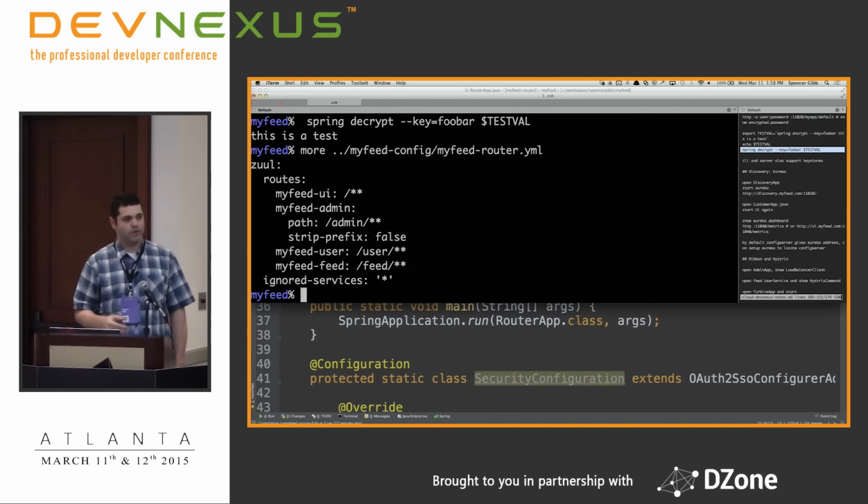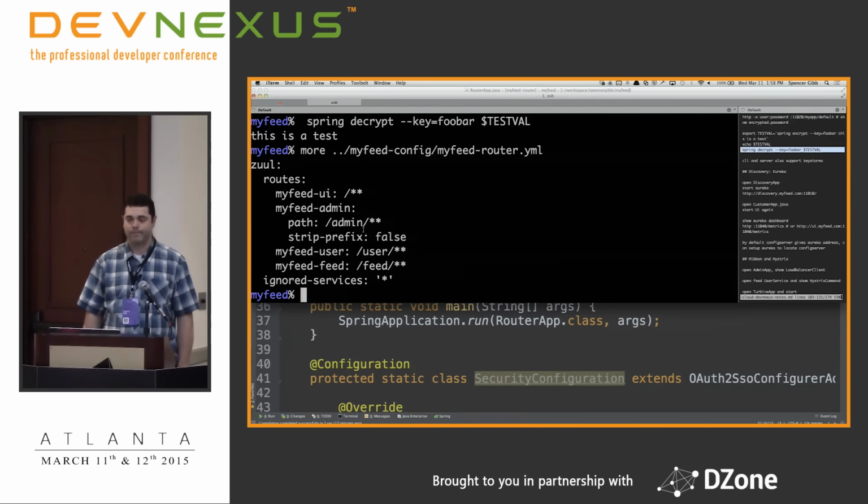When it automatically configures them, it just uses the service name as the route, and I didn't want that, so I wanted some prettier routes, so I configured each one individually. So this is just an example of how you can configure some of the routes in Zuul. The left side being the service ID, and then the right side being a path or some other data.